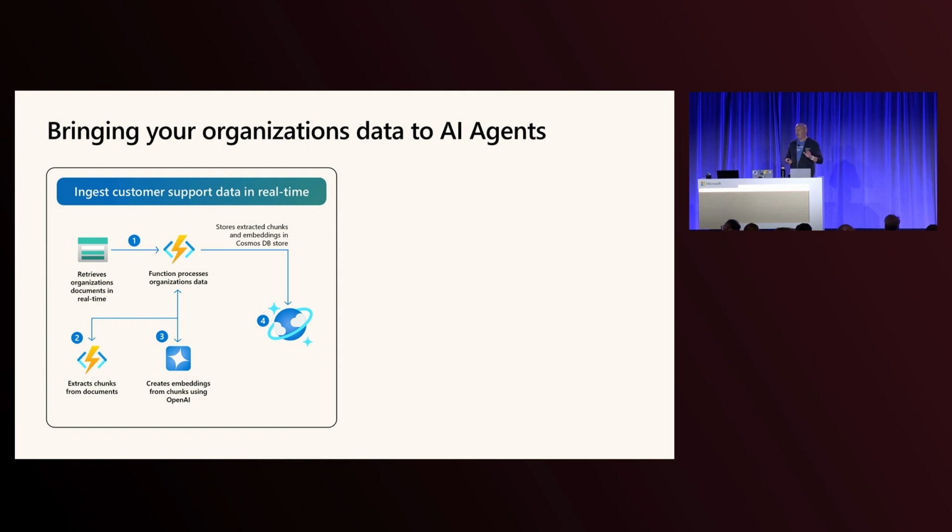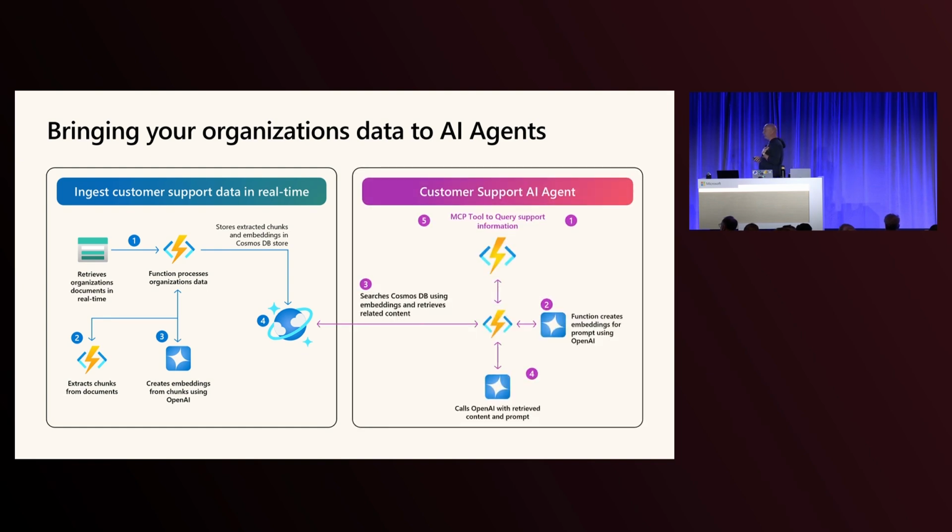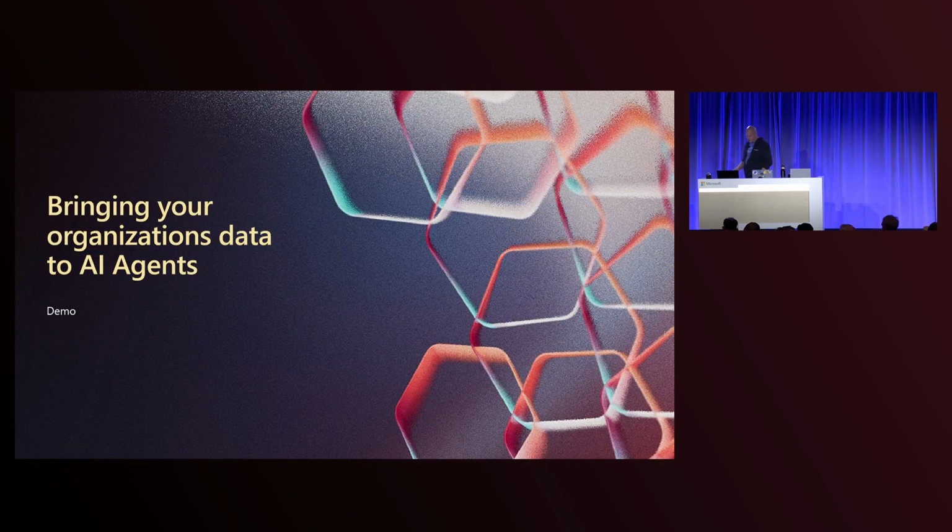So once you've got all that data in, that might be one thing you're doing inside of your organization. But now you want to expose it out to an agent. So now there's a support agent that you're going to build inside of your organization, and that agent needs access to all of that data that you just brought in. And how you can do that is by using MCP in Azure Functions to expose that out and allow those agents to call into it. Okay, so with that, let me jump in real quick, and I will show